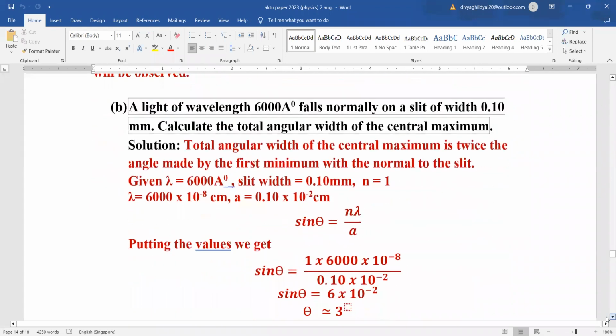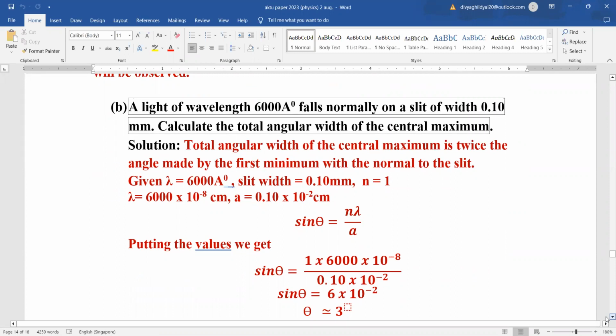Numerical: a light of wavelength 6000 angstrom falls normally on a slit of width 0.1 mm. Calculate the total angular width of the central maxima. Now see, the total angular width of the central maxima will be twice the angle made by the first minimum with the